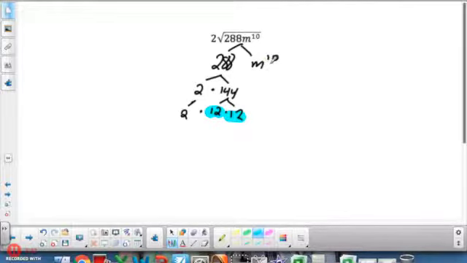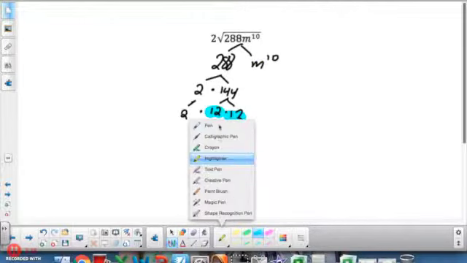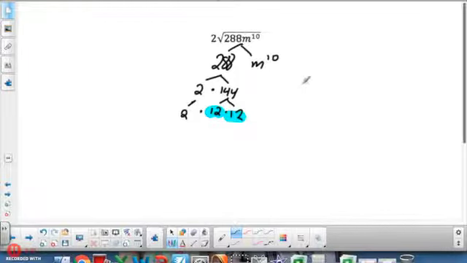By the same token, up here, my m's, I can go ahead right now and say, I don't need to write out m times m times m 10 times and then pair them all up. I know that I'm going to have 5 pairs. I'm going to have an m to the 5th times an m to the 5th. Because remember, that exponent rule that you thought we were learning for no reason comes into play right here. M to the 5th times m to the 5th, I would add 5 plus 5 and get m to the 10th, which is this. So there's another perfect pair. I'm going to switch to a different color here and say m to the 5th and m to the 5th is another pair. So when I rearrange